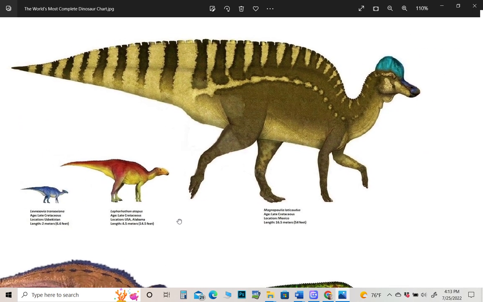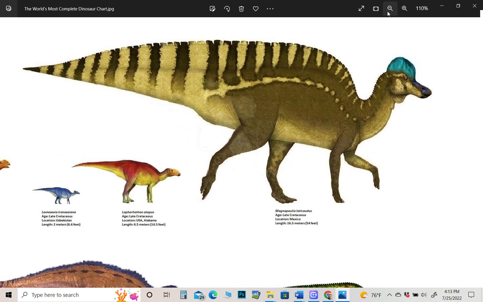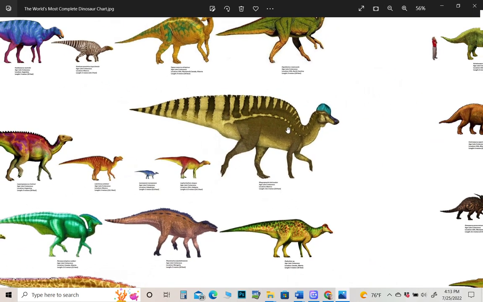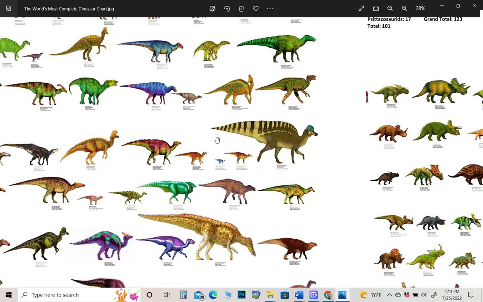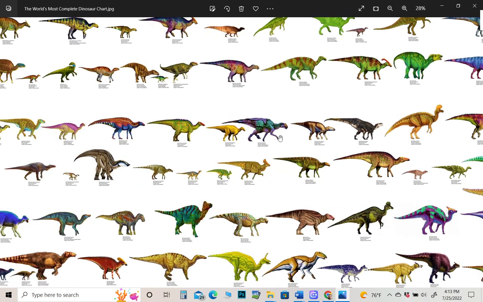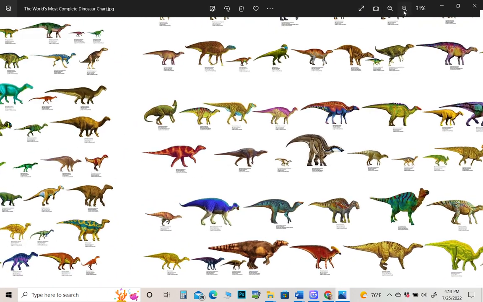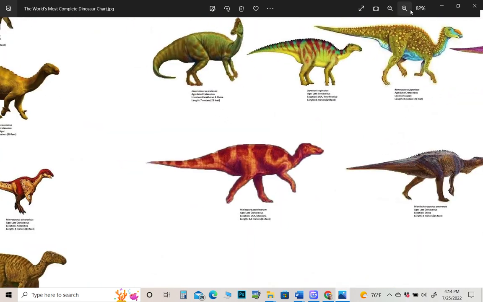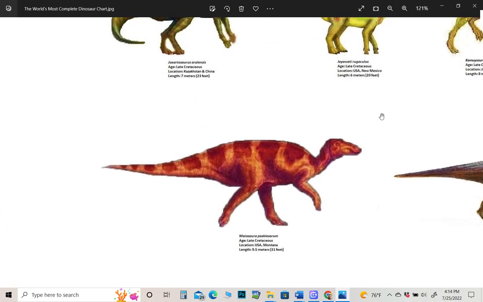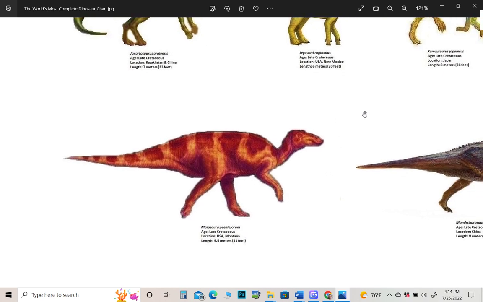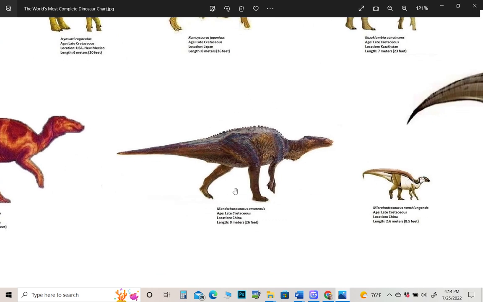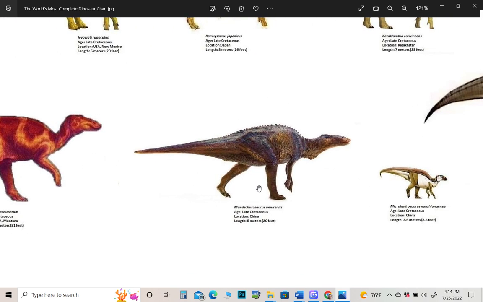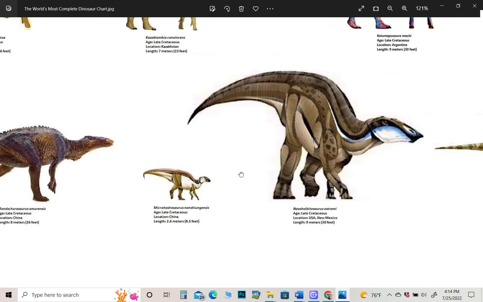Lopphorothon, Magnapolia. Magnapolia is one of the largest hadrosaurs, by the way, the largest one in North America, I believe. It used to be a species of Lambiosaurus, but it's now its own genus. Maiasaur, or mother lizard, which had nice nuclear families, raising clutches of babies. Manchuros, I think it's the Aspen Lake Cretaceous. Manchurosaurus, Microhadrosaurus,